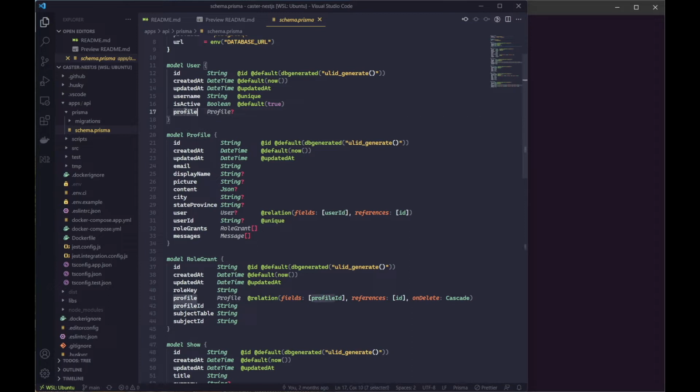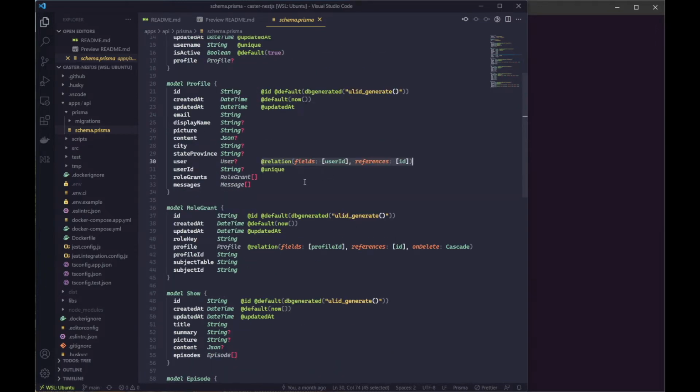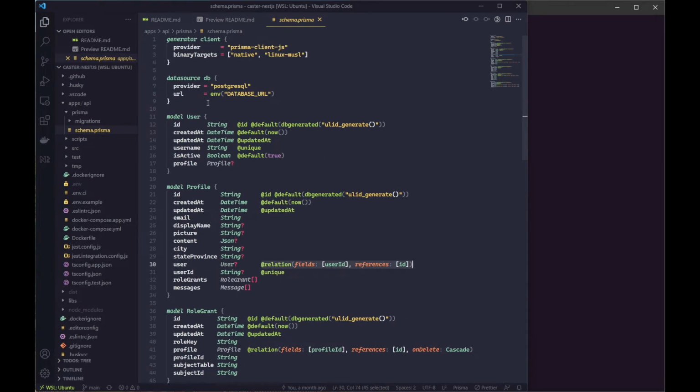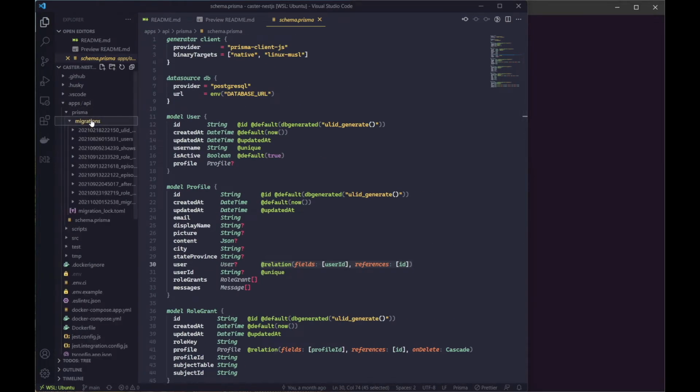This means that the profile attribute relates to the profile model. And since there's a question mark at the end, that means it's optional. And so you'll see the reverse relationship here. Profile is related to user here, so that's also optional with a question mark, and it defines the relationship with a directive here, kind of similar to what you would see in a GraphQL schema file. So I've got my data laid out here in the schema.prisma, and so what it'll do is it'll generate a